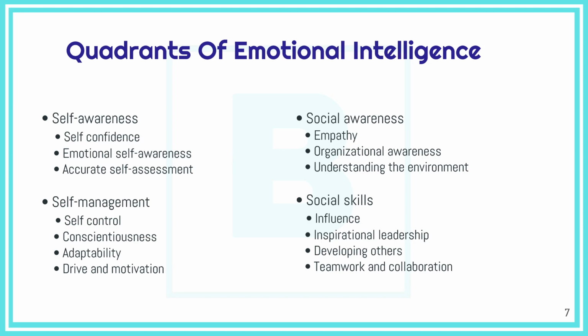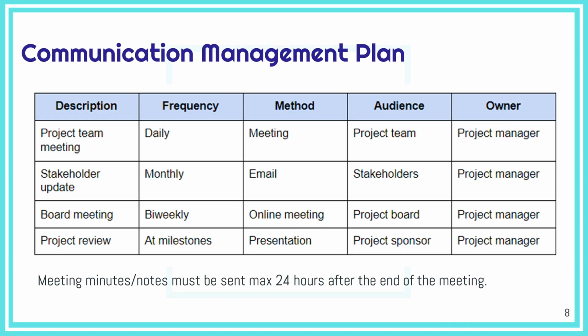We also talked about I think 12 or 13 types of communications, like formal communication, informal communication, horizontal communication, vertical communication, verbal communication, non-verbal communication, written communication, oral communication, push communication, pull communication, interactive communication, asynchronous communication, and osmotic communication. Okay. And then, of course, we went through the communication management plan, the importance of having it, building it in